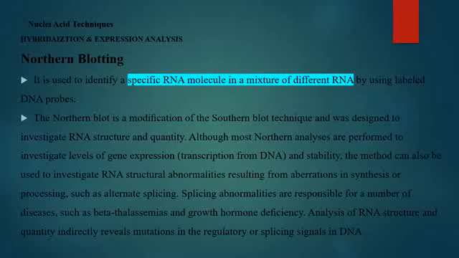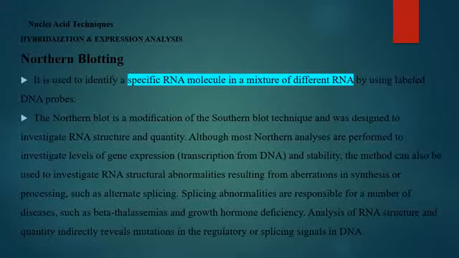Sorry, the blotting. So earlier we spoke about the southern blotting, which is specific to DNA, and we are now talking about the northern blotting, which is specific to the RNA molecule. It is used to identify a specific RNA molecule in a mixture of different RNA by using a DNA probe. Now, the northern blot is a modification of the southern blot technique and was designed to investigate